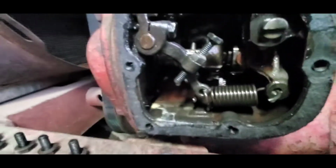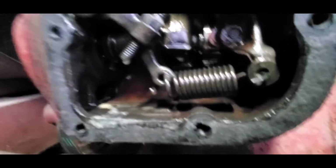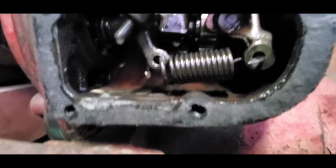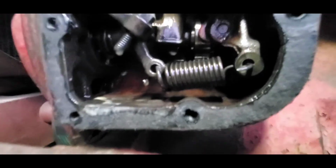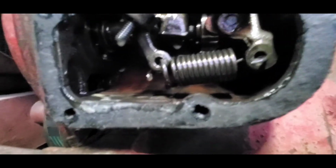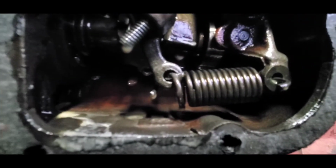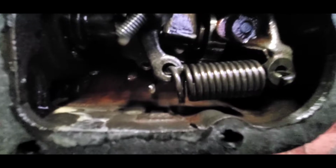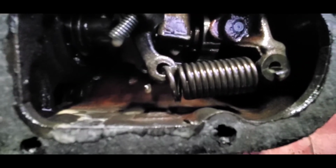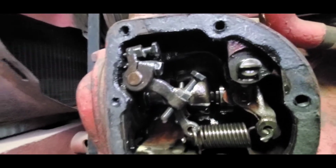Looks like I got a little moisture in there. Well, this tractor does a lot of sitting. But right there you see why I have chosen to replace this governor spring. The original broke off, and instead of replacing it, they just kind of corkscrewed it in there. Ain't that nice? Aside from that,